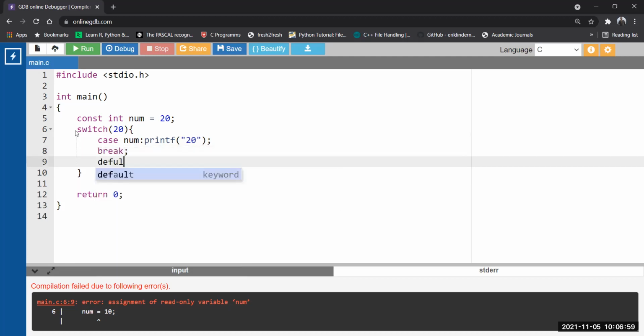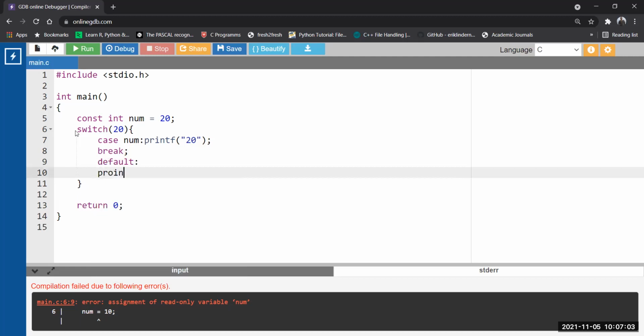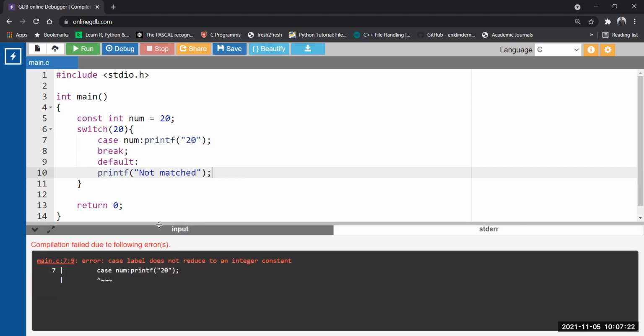Break, and let's put a default: not matched. So let's see what will happen. You need a constant. I made the num constant. Now let's see the error. Very, very interesting error. Note down this error: case label does not reduce to integer constant.